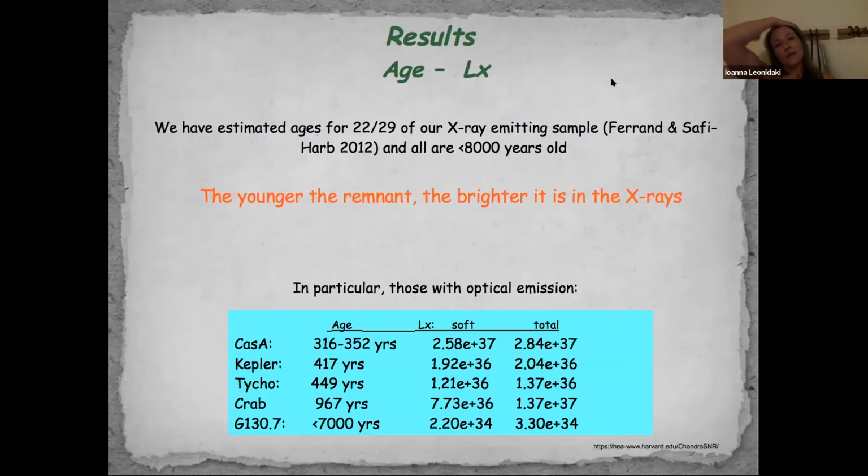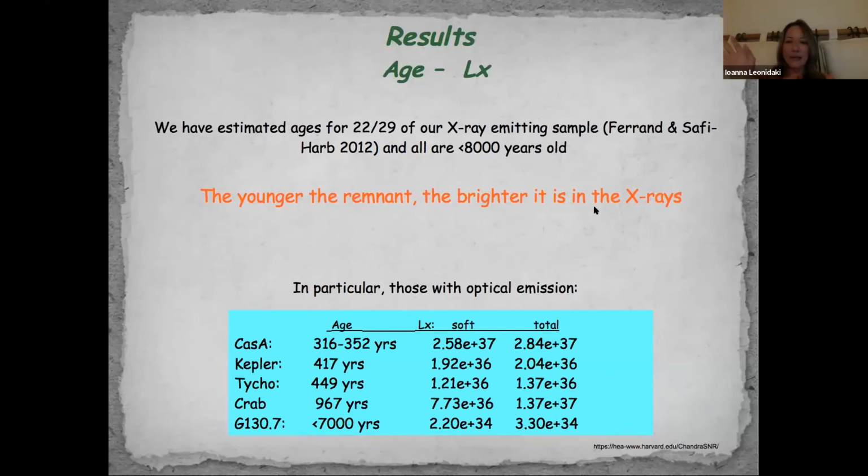Let me give you the last result for now. We tried to correlate the age of the SNRs with the X-ray luminosity. Since we have estimated ages for almost all of our X-ray emitting samples, 22 out of 29, from Safi-Harb's high-energy SNR catalog, we found that all 22 SNRs have ages below 8,000 years, which means that they are at the pre-expansion phase. And if someone could see the numbers, the younger the remnant is, the brighter it is in the